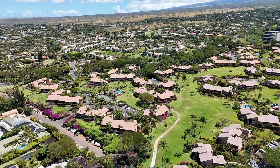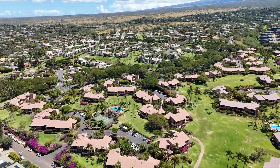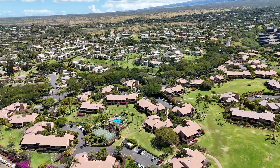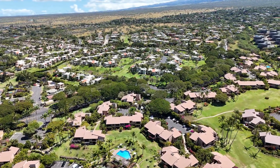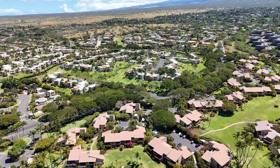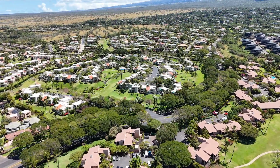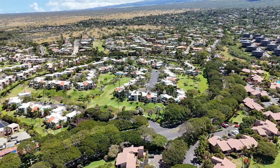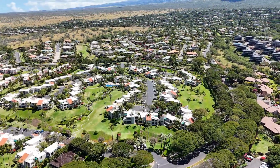Wailea Ekahi is another low-density community. It does allow short-term rentals, and it is one of the most affordable properties in Wailea. Some of the recent studio sales in the community have closed for under $1 million, making it an incredible value for the neighborhood. For a point of reference, we're about to fly right over the top of Wailea Alanui Drive,